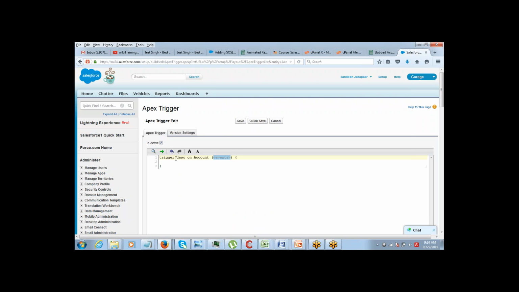Description is a before insert event. In this trigger I am writing for Account A in Trigger.new. I just want to go and check the industry of the account. Let's say if A.Industry equals technology,